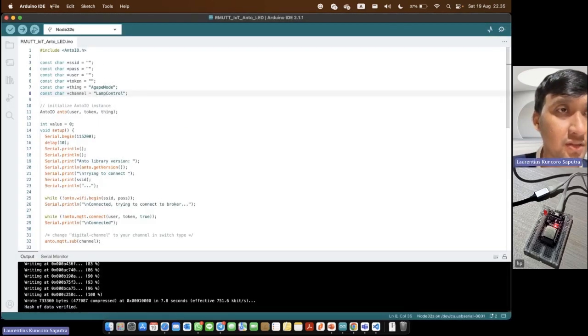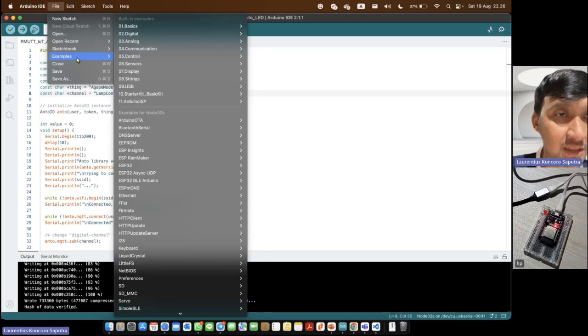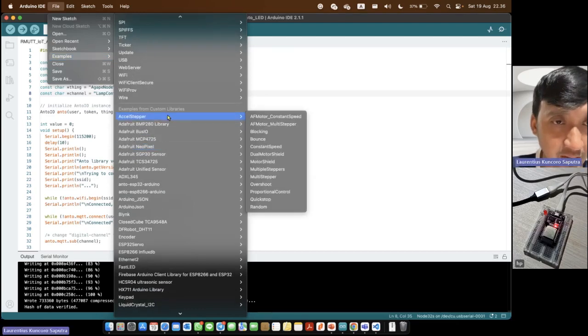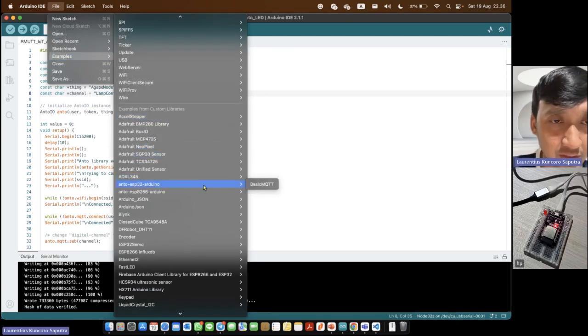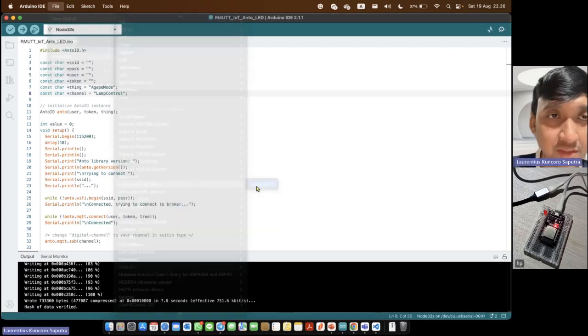Okay, so we can see the example of ESP32 with Anto basic MQTT.